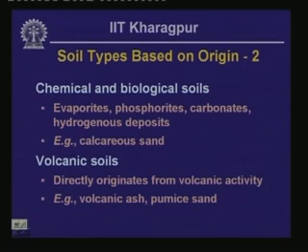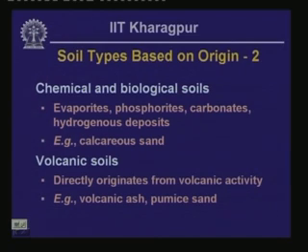One of the examples of evaporite is the salt deposits that develop in desert environment. You could have phosphorites. They could be droppings of different organisms. They are phosphate rocks. You could have carbonates. They also get deposited from